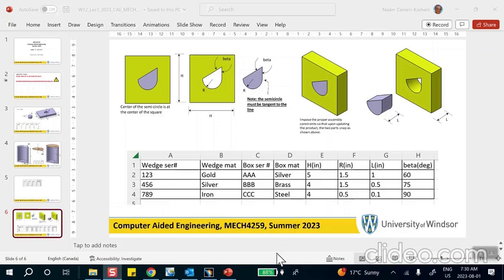I don't think when I parameterized it, I had the wedge material or the material and the name. All I had were these numbers, and I changed it if I remember correctly. Right. So what I want to do is create a design table, and here's my table. I've already created that, and I want to be able to go to these particular rows and the whole thing,